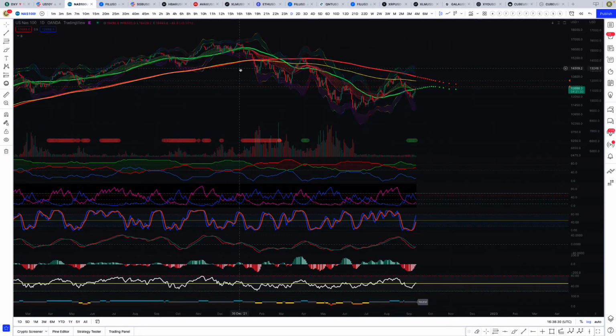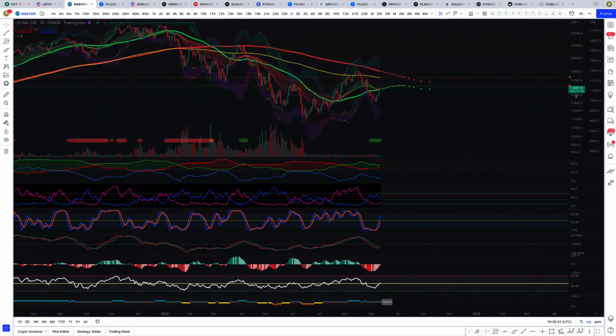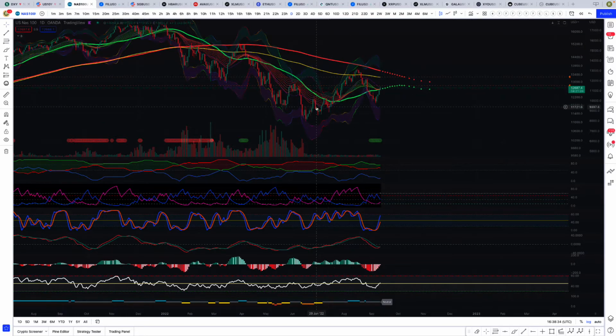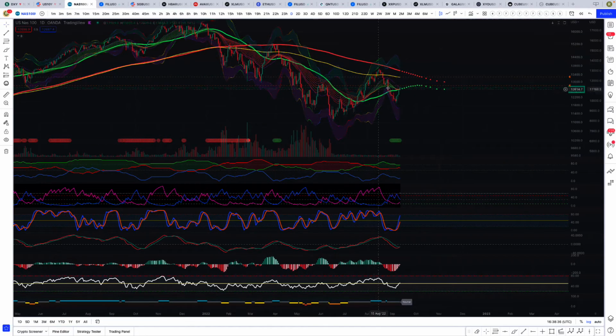Then we have the NASDAQ 100. It's getting back above the green moving average here, which is what we wanted to see. Ideally, we wanted to get above like 12,800 so we can get above this median line here. That's what we want to see. So we want to see this rally up, hold a candle above it, then get above the 200-day moving average here, and that's sitting around like 13,300.